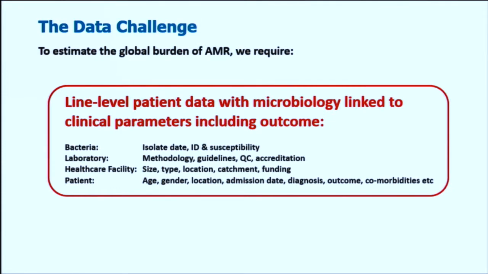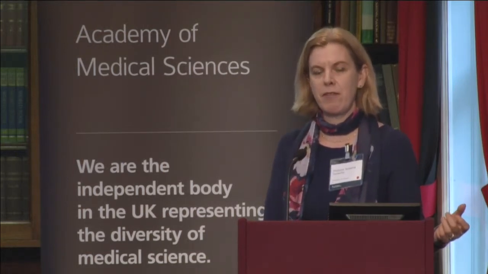The biggest challenge at the moment is getting the data, and we've already heard from the previous speaker about some of the issues around data. What we need in order to estimate the mortality burden of AMR is line-level patient data. That's with the microbiology linked to clinical parameters, which include patient outcomes. And for this, we estimate we need ideally 48 parameters from a single site, which encompasses bacterial details, things about the laboratory, including